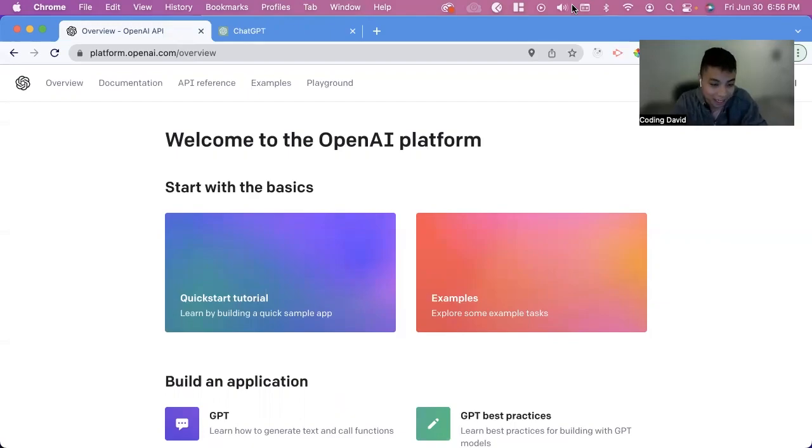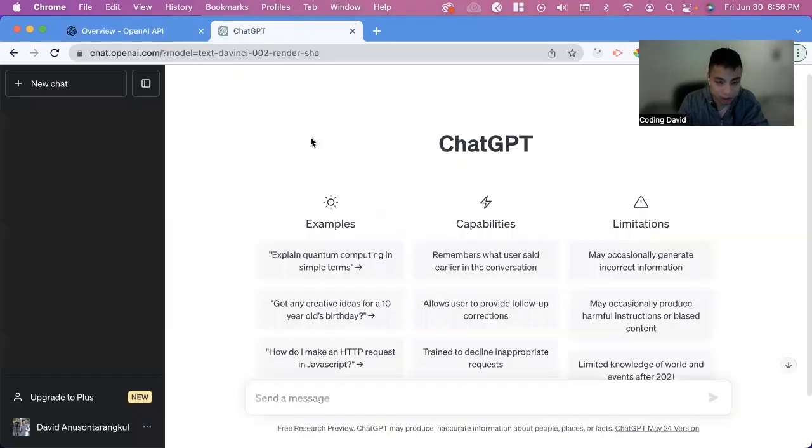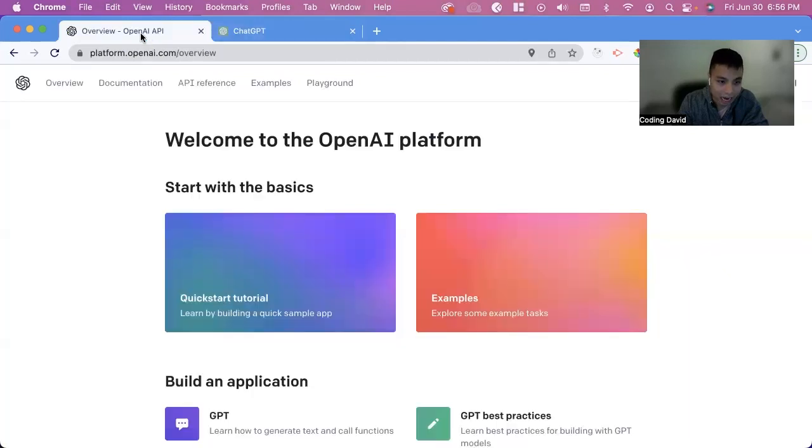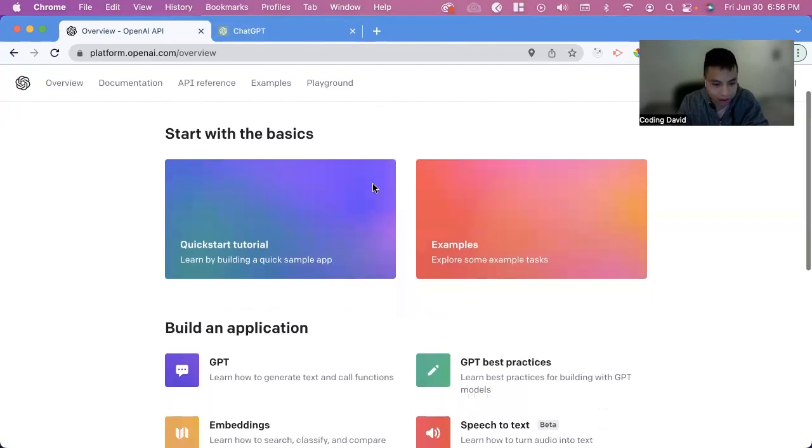Hi, my name's David, and today we're going to learn about one of the most hyped up technologies, OpenAI, the API that empowers ChatGPT. And now you can use this API for your own apps. So we're just going to do the quick start together so we all can get up and running with this